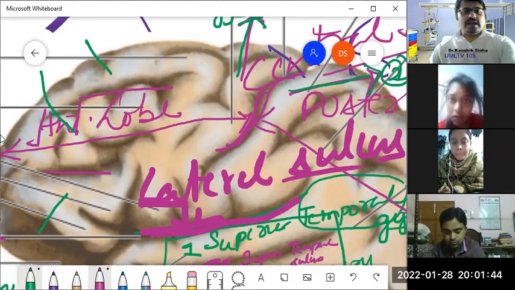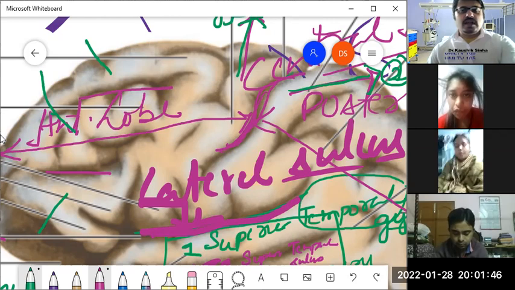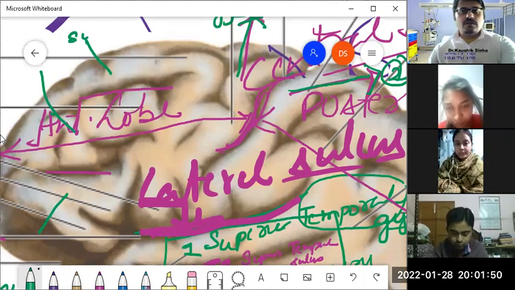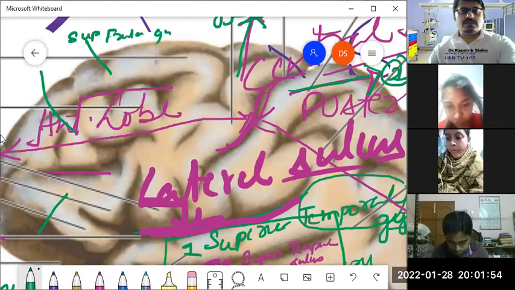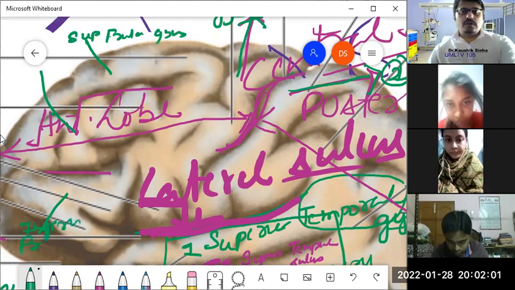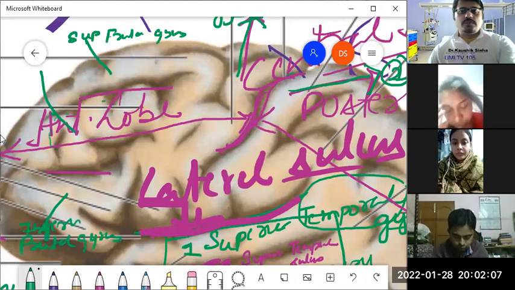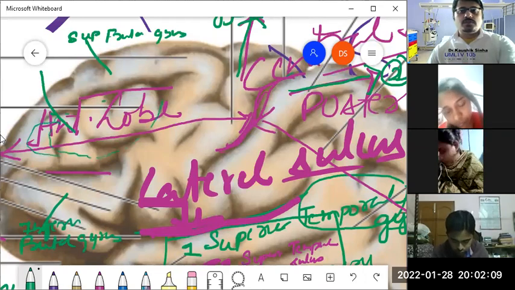So in this anterior lobe, we can call this the superior frontal gyrus. Accordingly, this should be the inferior frontal gyrus. Accordingly, this entire dotted gyrus should be the middle